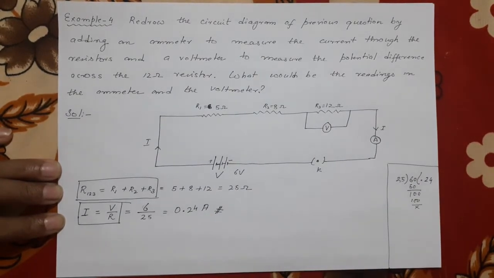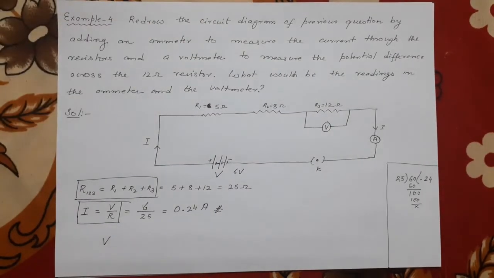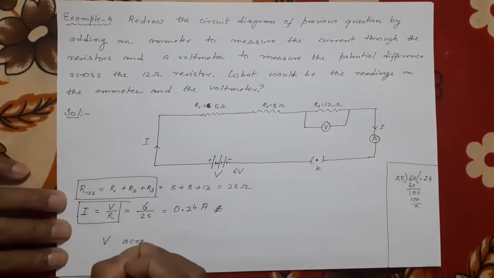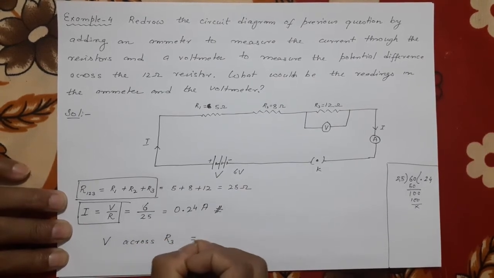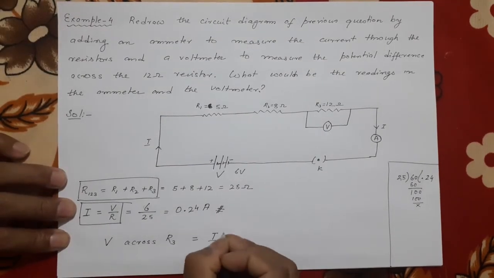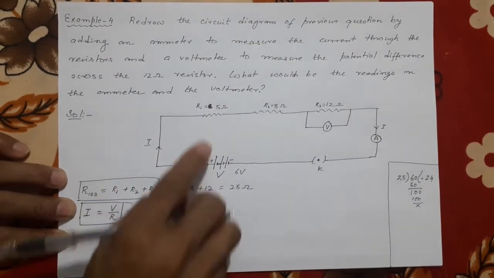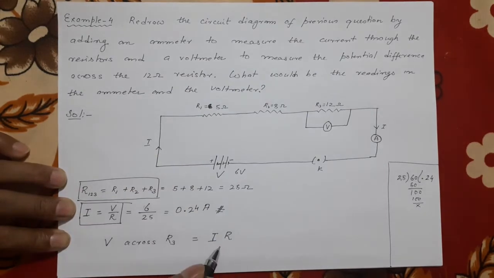Done. Now the second answer, what will be the potential difference here? The potential difference here will be V. I'll write the potential difference across this is V across R3 will be equal to, what is the formula for voltage? Current into resistance, I into R. But I is same everywhere. I3 is also I1, I2 is also I1, I1 is also I1, I. So here I3 R3 means I3 can be written I, but R is separate, R1, R2, R3. So this will be R3.